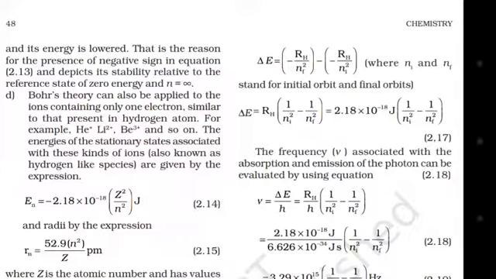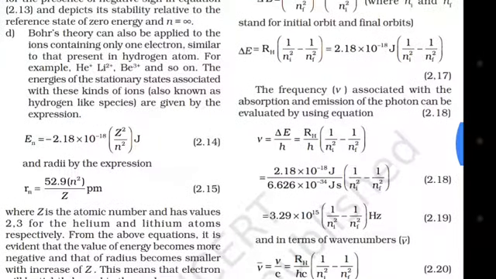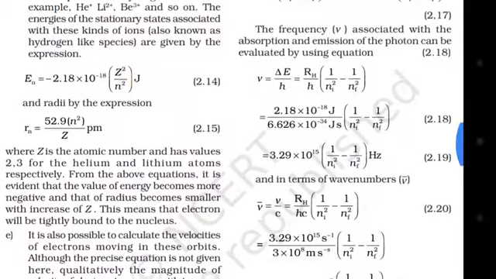Okay, ΔE = RH (1/ni² − 1/nf²) = 2.18 × 10^−18 J (1/ni² − 1/nf²). This is equation 2.17. The frequency ν associated with the absorption and emission of the photon can be evaluated by using equation 2.18. And what is equation 2.18, friends? ν = ΔE/h = (RH/h)(1/ni² − 1/nf²),